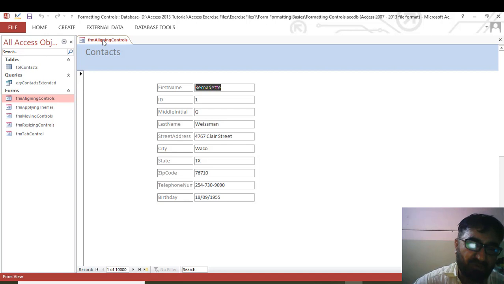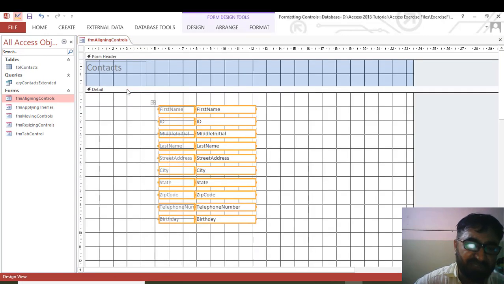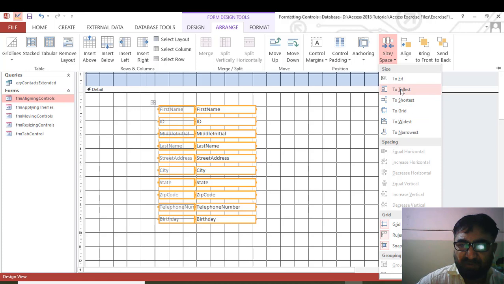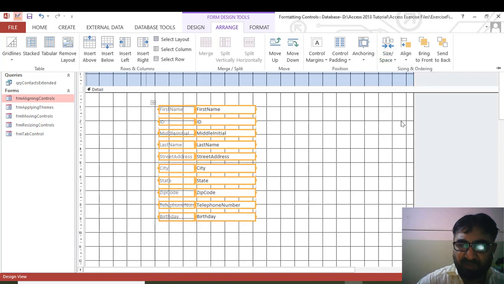So I hope now you understand the layout. In fact, this is the layout. This four-square move window. Look at this small rectangle. Look at this. This is the layout which is controlling and grouping these controls. So this is the short way of making your controls fit, to tallest, to shortest, to greatest, to widest with one click. This is what you do with one click. And these are also the alignment